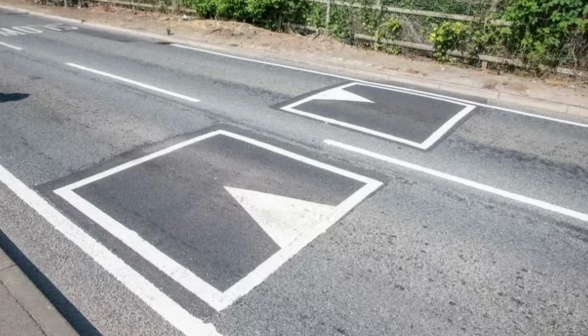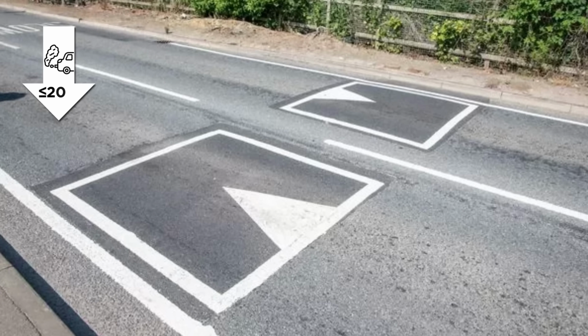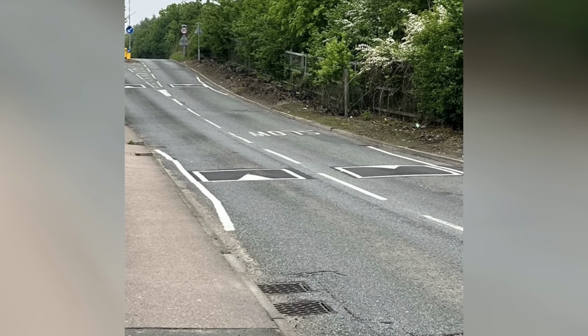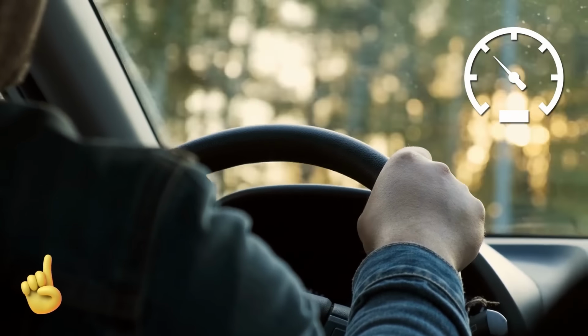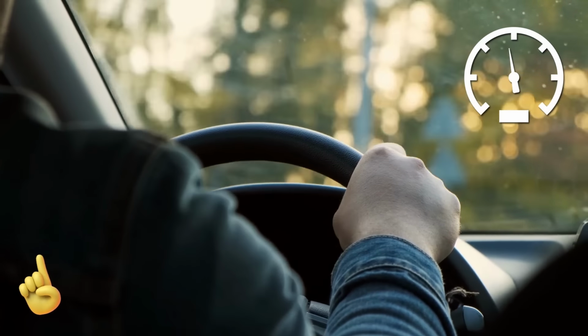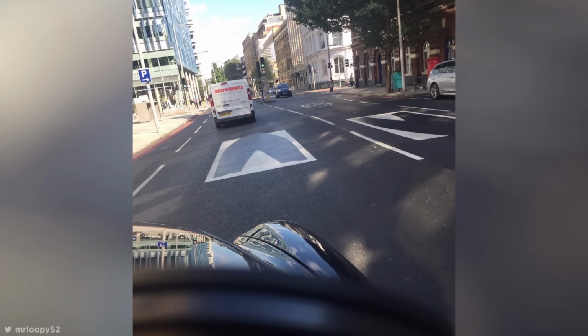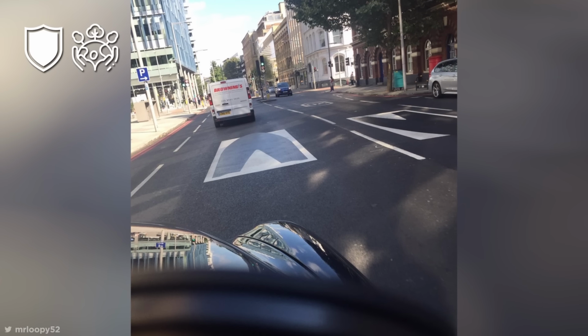Experts claim the optical illusion could reduce emissions by up to 20% thanks to the smoother driving experience the faux bumps facilitate, as the drivers don't have to accelerate as hard afterwards to counteract the decelerating slope of a real speed bump. I mean, it's a pretty clever way to get people to drive safely in an eco-friendly way, but